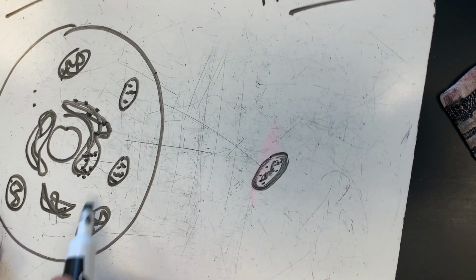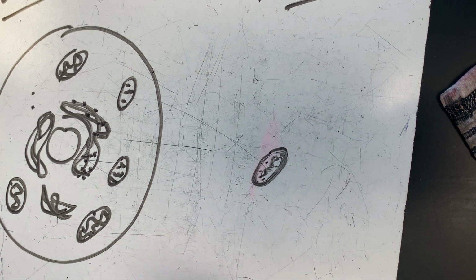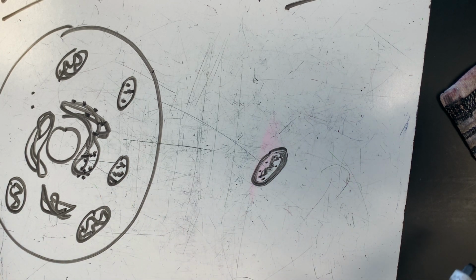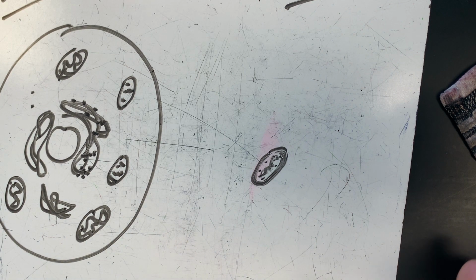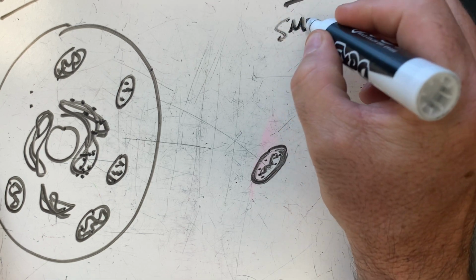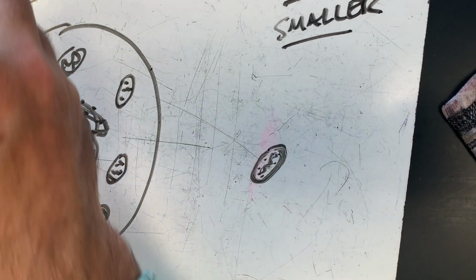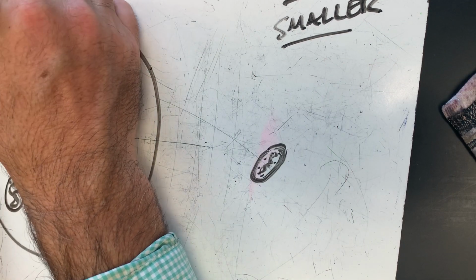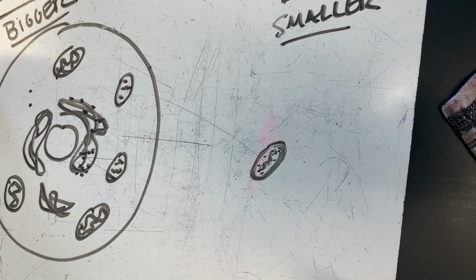These have ancestors. Their ancestors were prokaryotes. It's a weird thing that we'll learn about later. But this kind of gives you an idea of size in trying to give it to scale. So prokaryotes tend to be really small. They're smaller than eukaryotes. And eukaryotes are going to tend to be bigger. They're much larger.